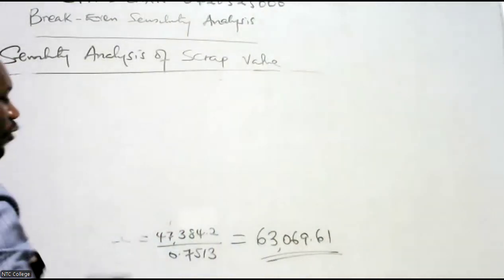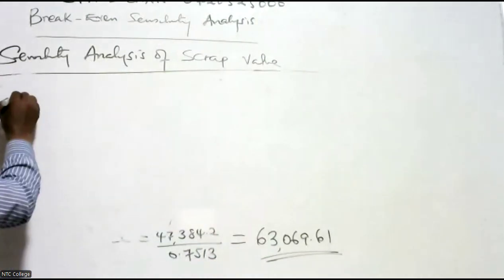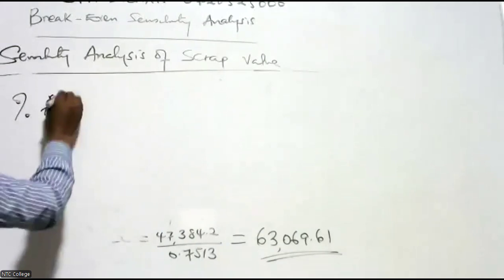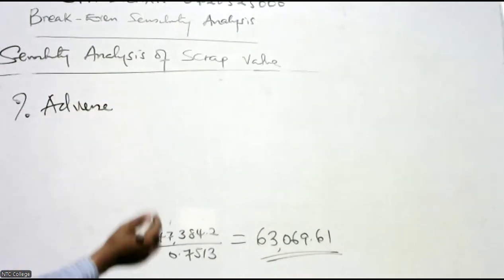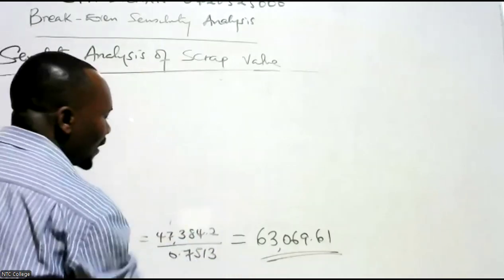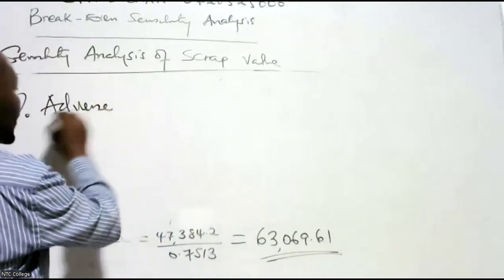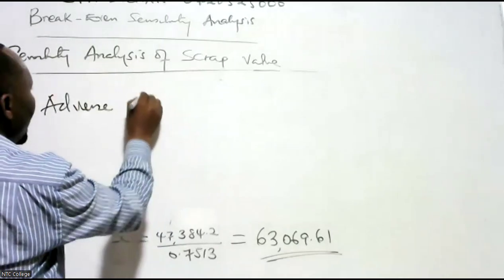So we are saying that because this one was supposed to be income and it has gone down, we know that that is a percentage adverse. It is adverse. If it is not adverse, you just say percentage change. But this one is adverse because we don't want to show the negative sign. We are just saying percentage adverse change